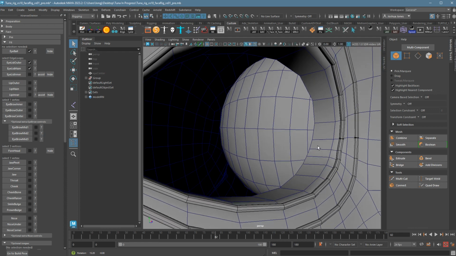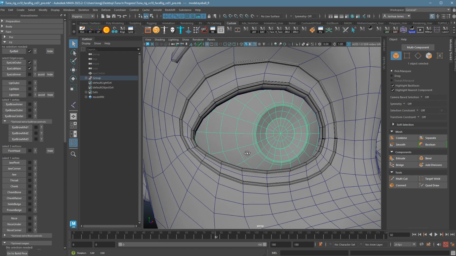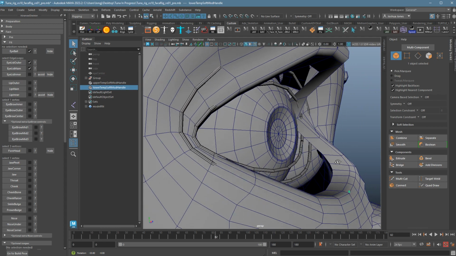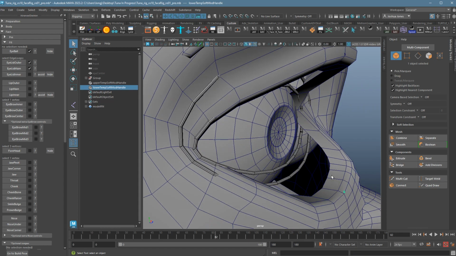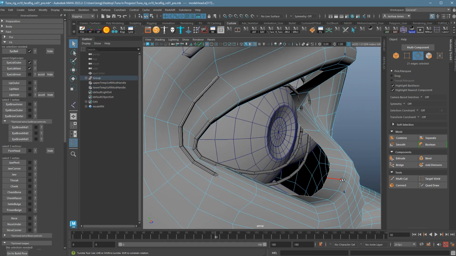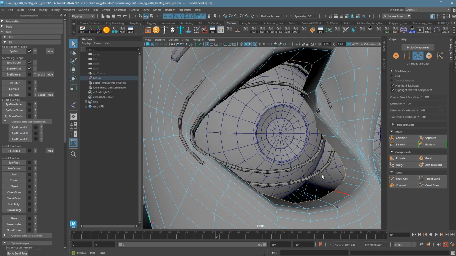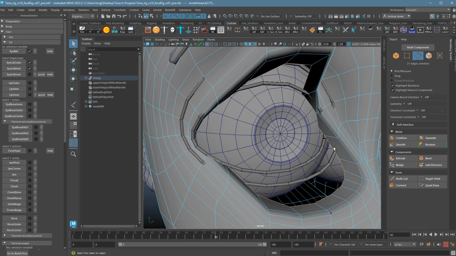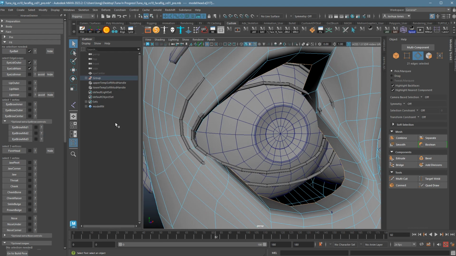With the eye hidden, this one's pretty easy to do, but if you have an eye that's a little bit harder to work with, you can also hit the assist button and it will kind of rip open the eye socket here so you can then grab it if you prefer. The only reason why I don't like this sometimes is I can't see. It's so distorted I can't see where the corner is anymore. So I'm going to undo that